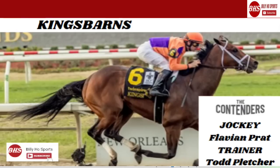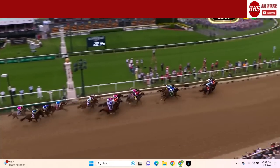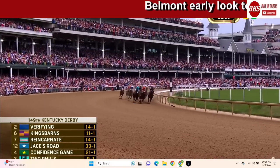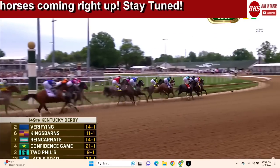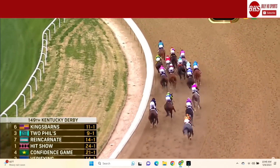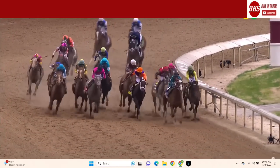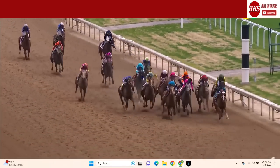But Kings Barnes is up next, who regressed in that Derby race with a 14th place finish. He ran his race, raced out to the early lead and set the pace, but proved to be too hot, I suppose. He was still in pretty decent shape around the backstretch. But once they hit the stretch for home, he was gassed out, and the jockey wisely kind of pulled him back, so as not to injure the animal and not to get in the way of other horses passing him, because when a horse is gassed like that, they are very susceptible to leg injuries and taking a bad step. So well done by the jock,